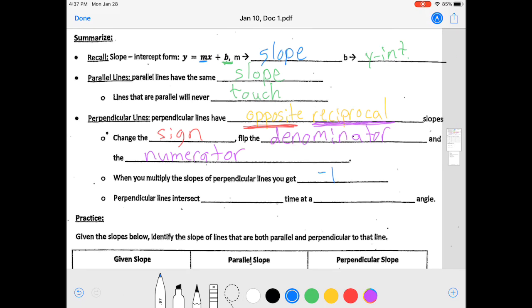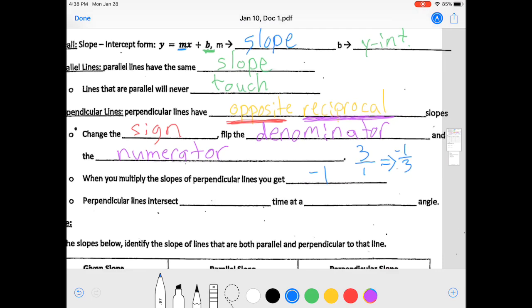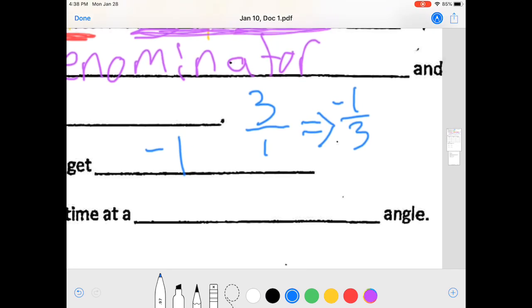So an example, if you were given +3, you would create a fraction out of that whole number, so 3/1. So the perpendicular slope of 3 would be -1/3. So when you take, and I'm going to zoom in for us, 3/1 times